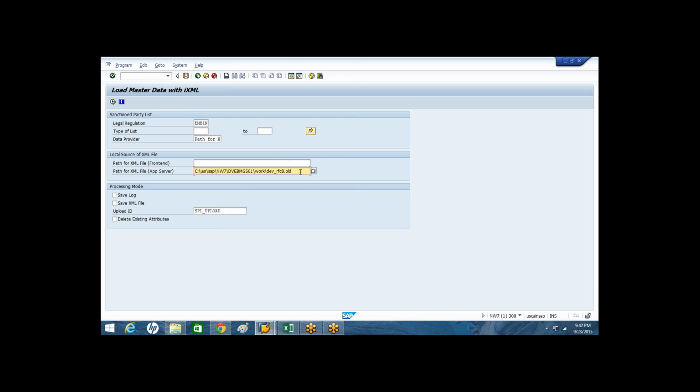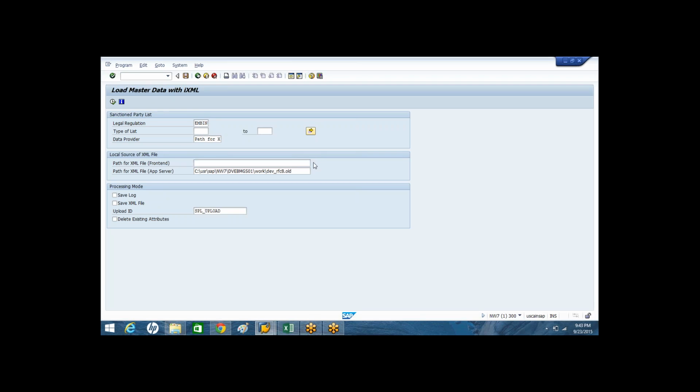Actually, I have some limitations in sending this XML file, but I have XML files for the ECCN commodity codes. So I can provide sample XML files for the commodity codes and HTS codes. No problem. This is for upload using the application server. Whereas if your client receives the XML files by email, you can use this other option.